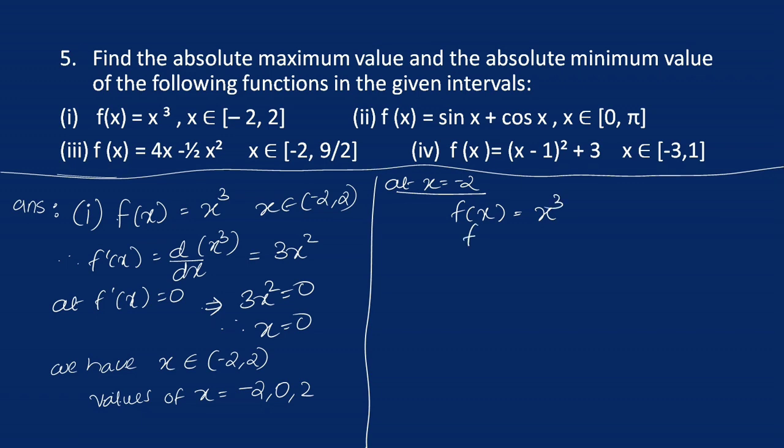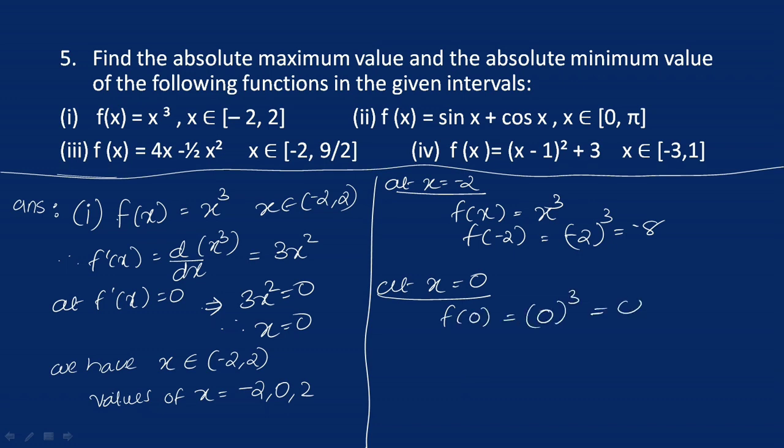First, at x equal to minus 2, we have f of x is equal to x cube, or f of minus 2 can be written as minus 2 whole cube, that is minus 8. Now, we will be finding what is at x equal to 0. The next value of x, f of 0, means 0 whole cube, that is 0 itself. And at x equal to 2, f of 2 is equal to 2 whole cube, that is